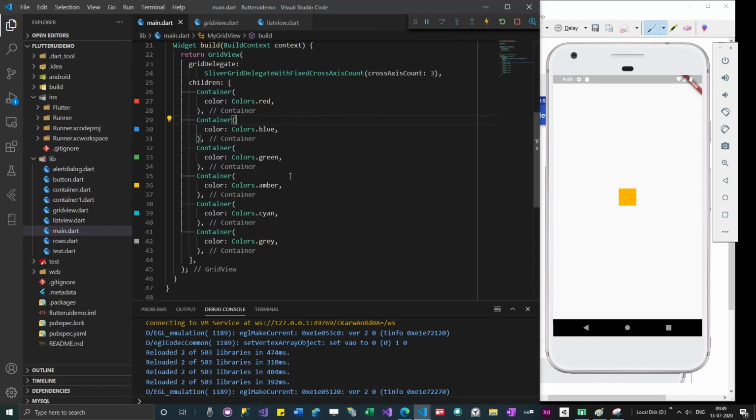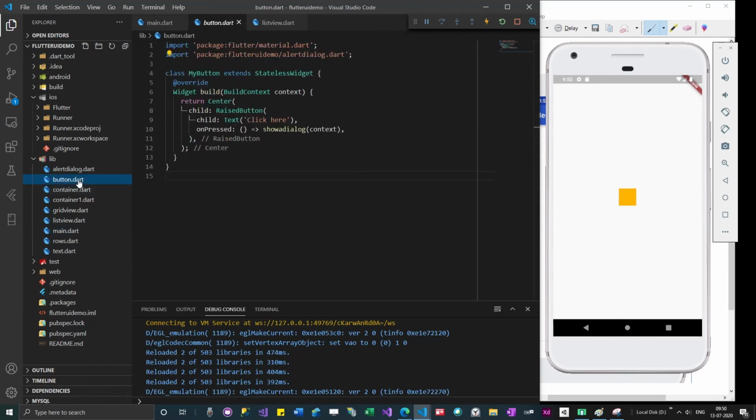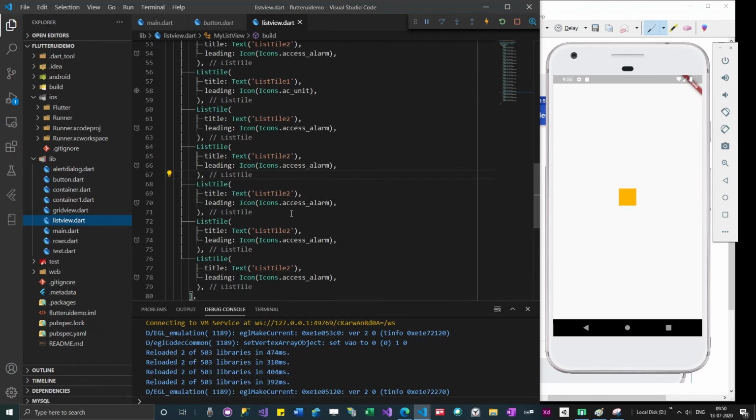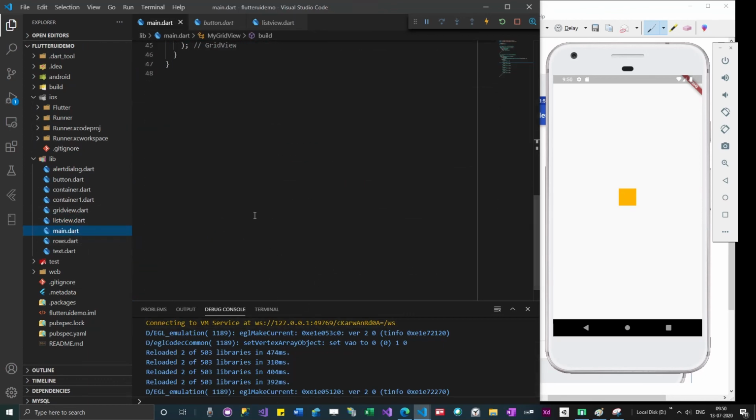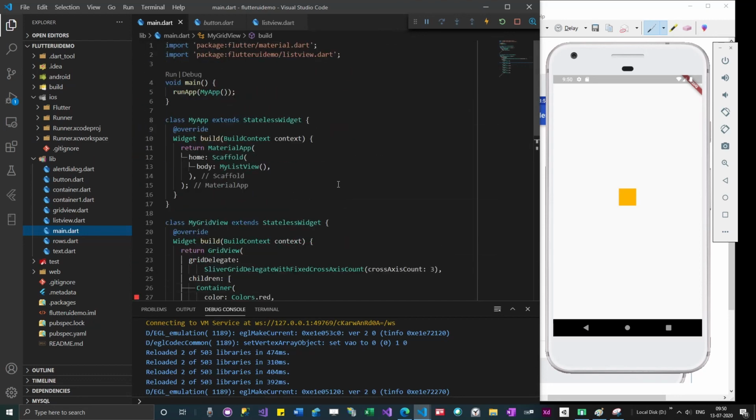So you are actually going to develop a modular program which will have multiple folders. Developing a modular program will help you to divide your problem into multiple smaller problems. So if I want to modify a button, I can just go here and modify it. If I want to modify list view, I know that this is the list view. If all the code is in a single document, it will be like 1000 lines of code, and it will be very difficult for me to search.